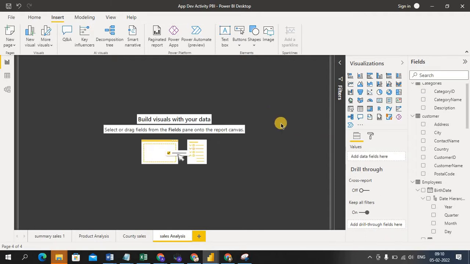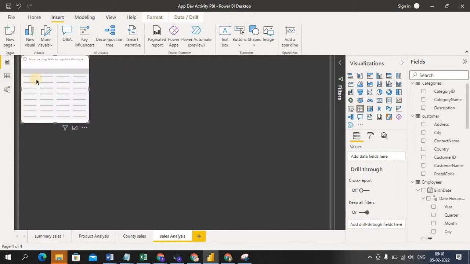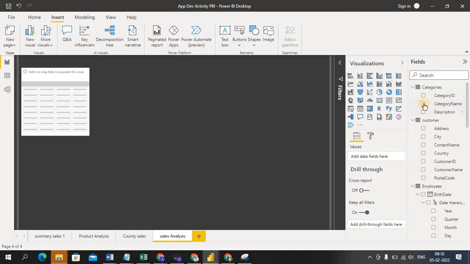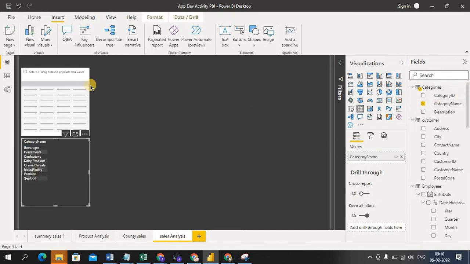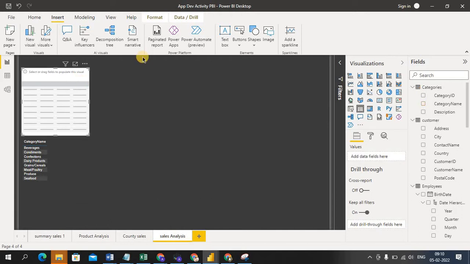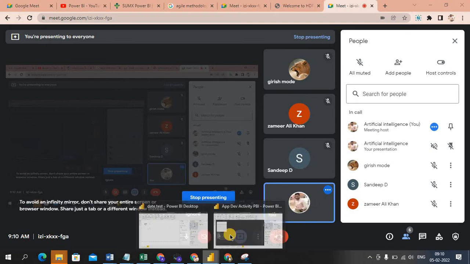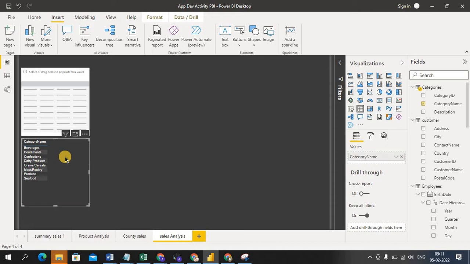Now I'm selecting table format visualization here. So I'm keeping like this. I'm selecting few fields for this report to do some analysis. So I'm selecting here category name, sorry, select this category, so remove this side of this.